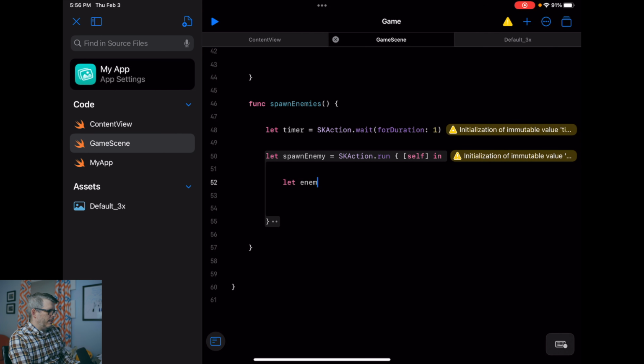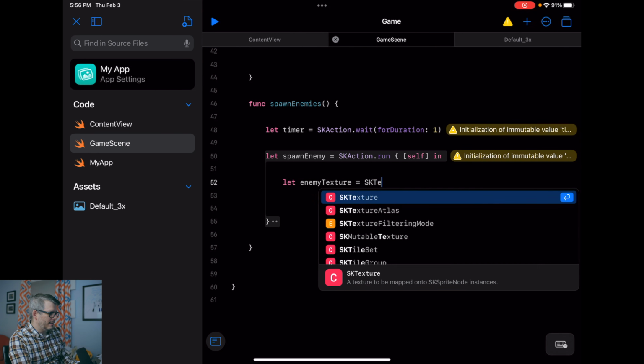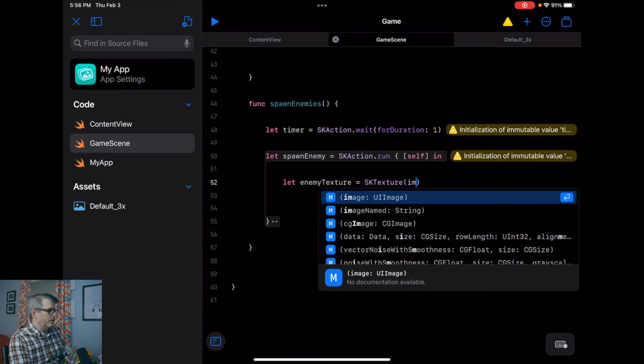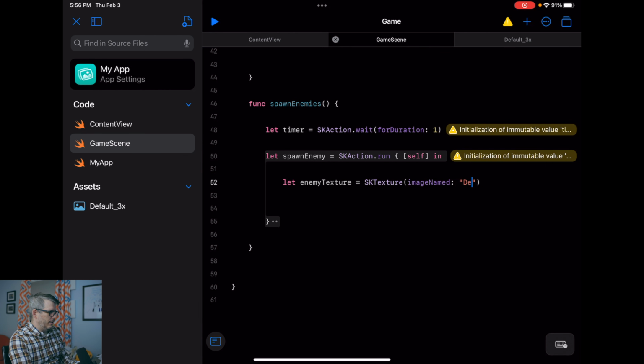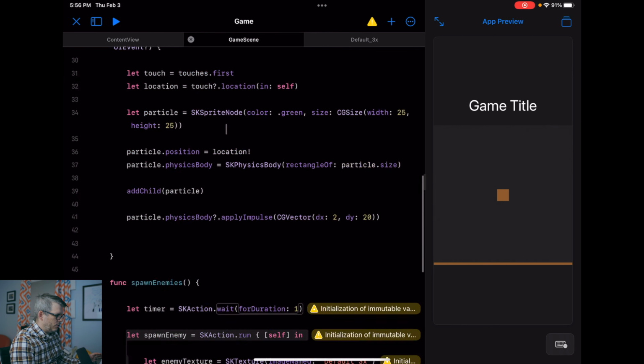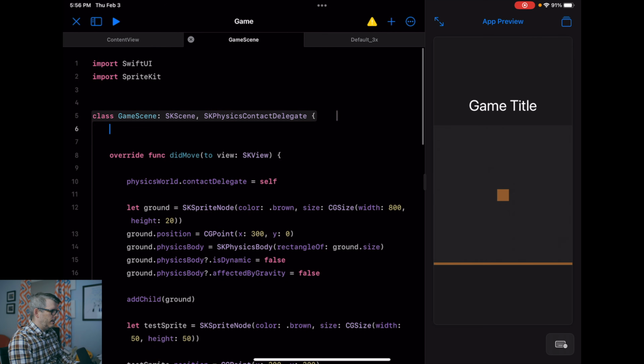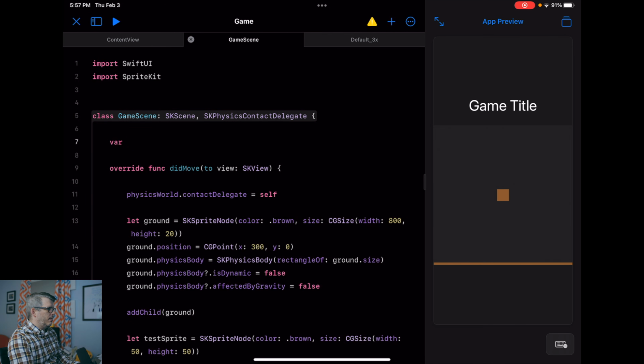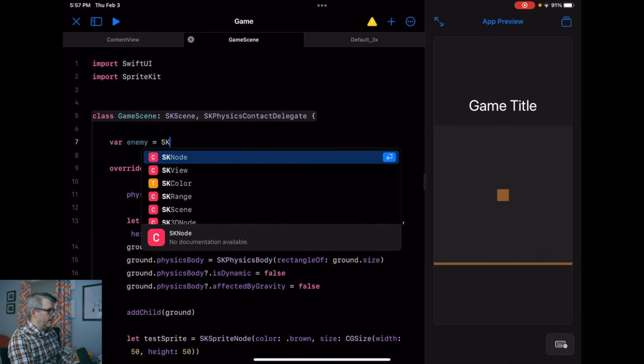So we're going to say let enemy texture equal SKTexture of image named, and then we're going to have a default 3x, right? Then, because we need to have access to this outside of the spawn enemies function, we need to make sure that our enemy is declared up here. So we're going to have our enemy equal SKSpriteNode,